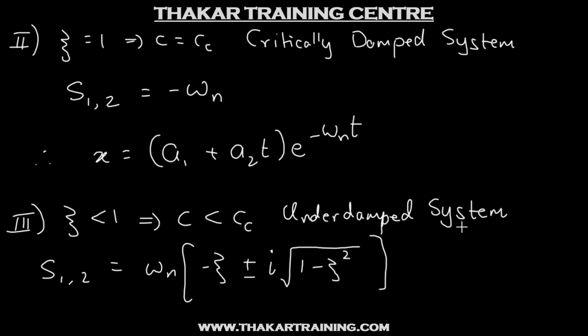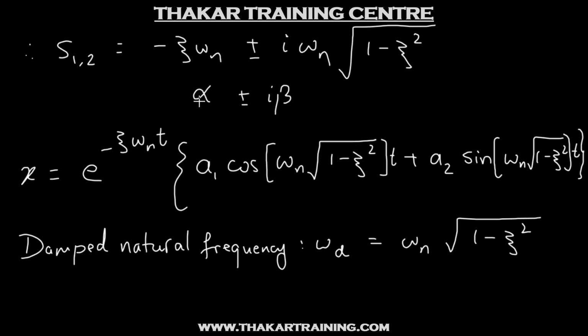So this is the one which interests us more when we are studying vibrations, that is the underdamped system. In this case, you have complex roots, and then that zeta square minus 1 is just changed to 1 minus zeta square, and this is multiplied with i. So then we compare it with the form alpha plus minus i beta and wrote down the solution. From here, we identified the frequency of oscillation.